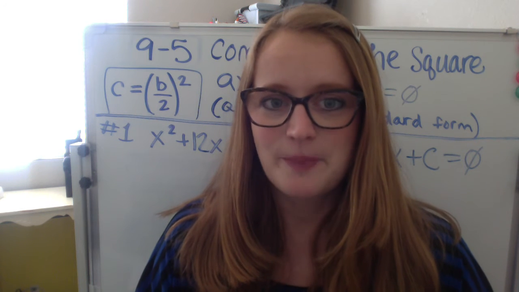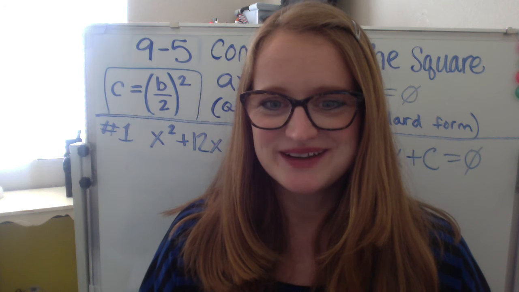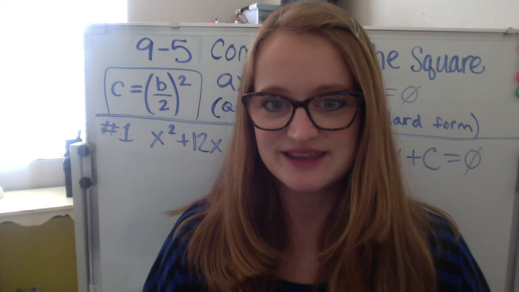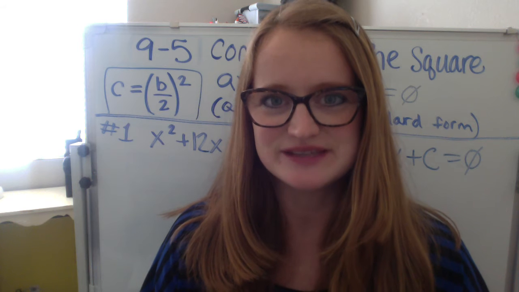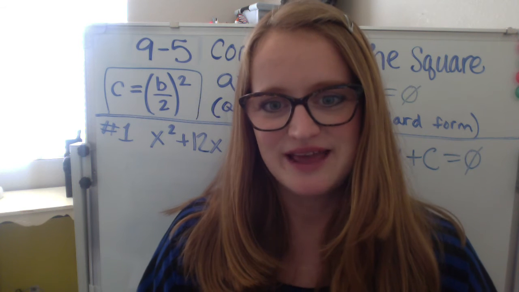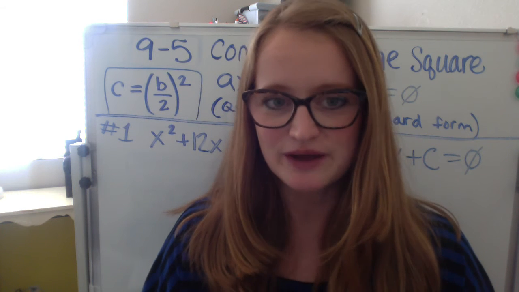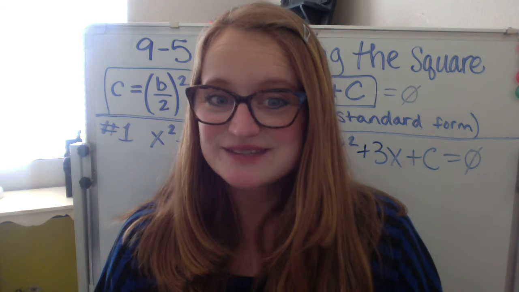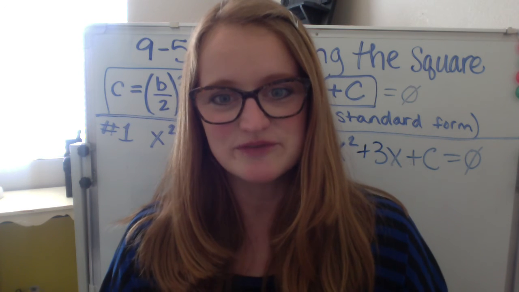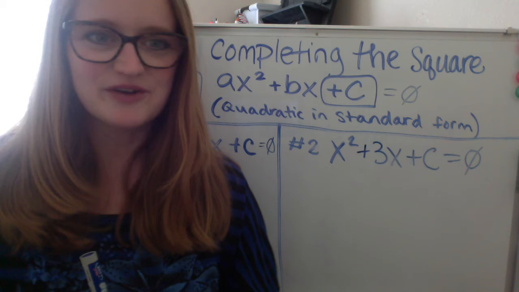So we want to look at a quadratic in standard form and find a C value that's going to make it factorable as a perfect square trinomial. So I'll show you what I mean. And don't forget to pause the video so that you can take notes on the examples so you can follow along with me. All right, so